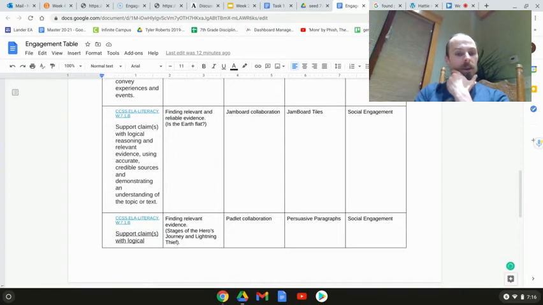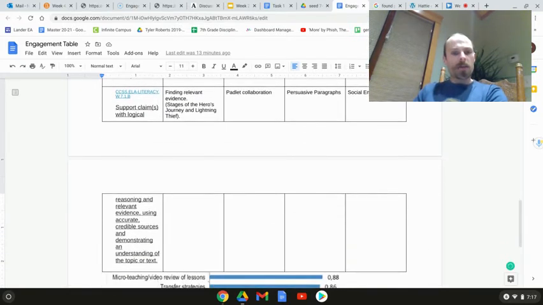Down here, I like to also teach argumentative writing by having students consider whether or not the earth is flat. There's a really fun Earth is Flat wiki site, and having them create Jamboards where they would source different bits of evidence. And I would task some students with sourcing evidence that the earth is a sphere, and some students sourcing evidence that the earth is flat. And this was also very socially engaging because they could see what their peers are posting up and get excited about it.